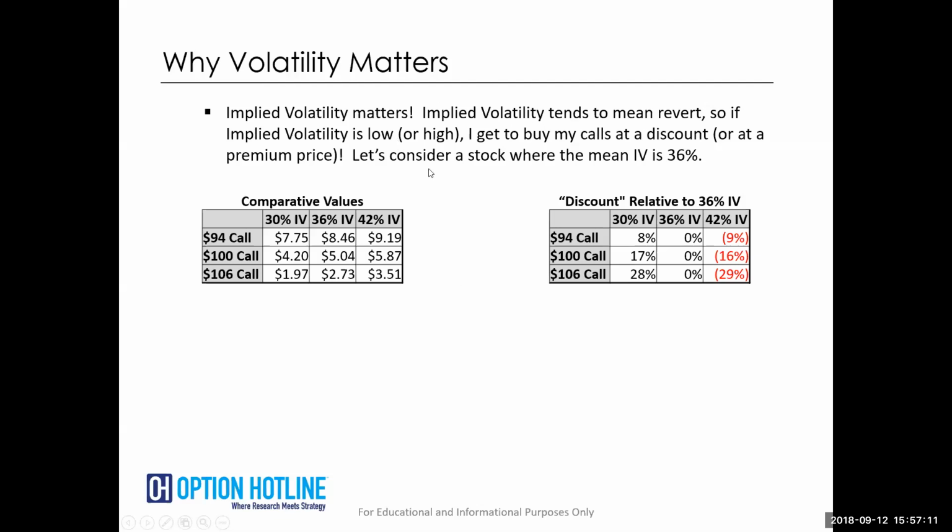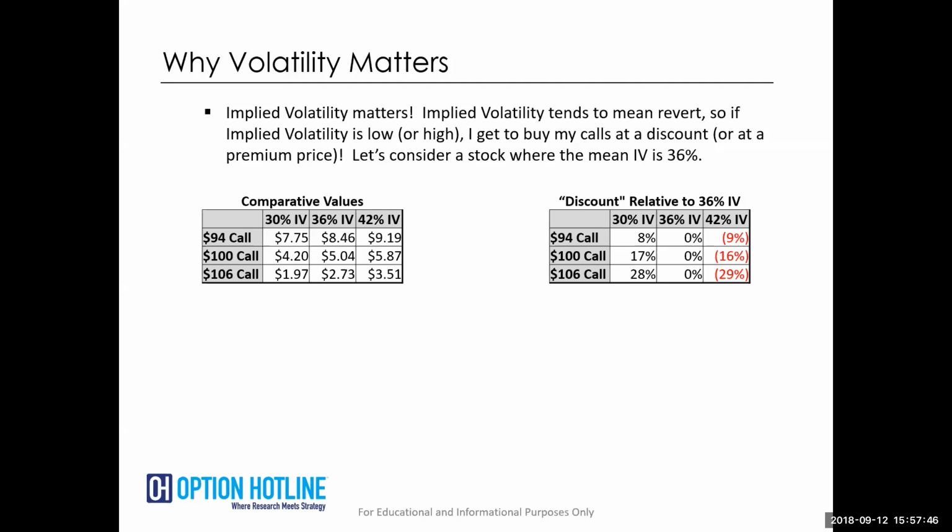So if implied volatility is normally around 36%, which means that I expect that stock to move 36% over the course of a year, or a little bit over 2%, about 2.25% on a single trading day, then these are the values of various options. I've got a menu in front of me every time I look up the options. When I see the stock, I've got the stock. But when I look at the options, there's a menu. There's the 94 calls. There's the 100 calls. There's the 106 calls. There's the 120 calls. There might be the 150 calls. Which one do I want to buy to make my swing trade work?